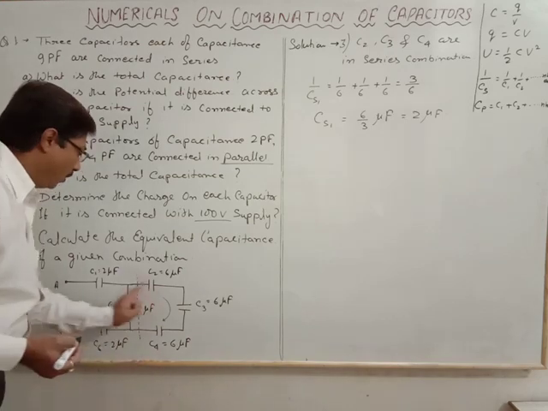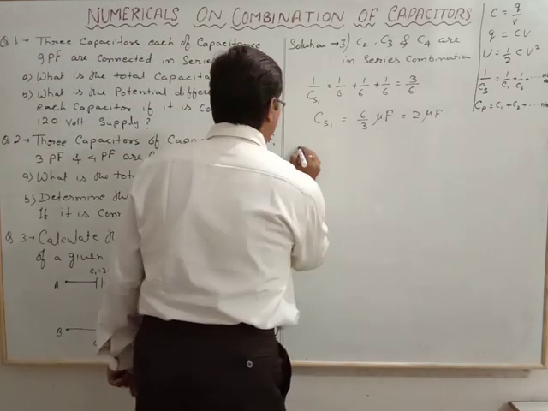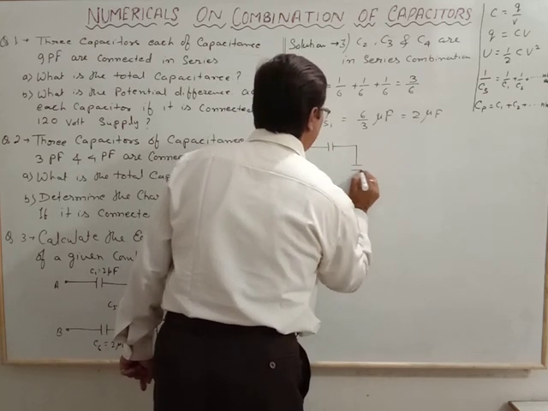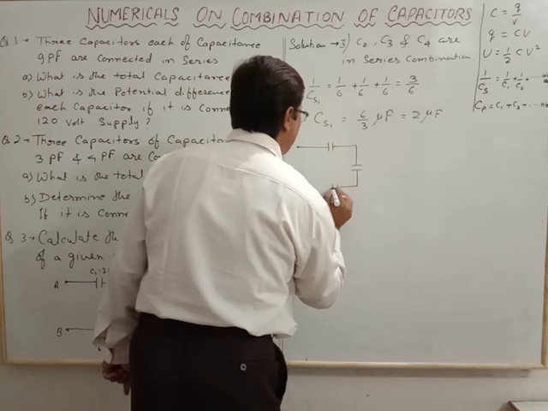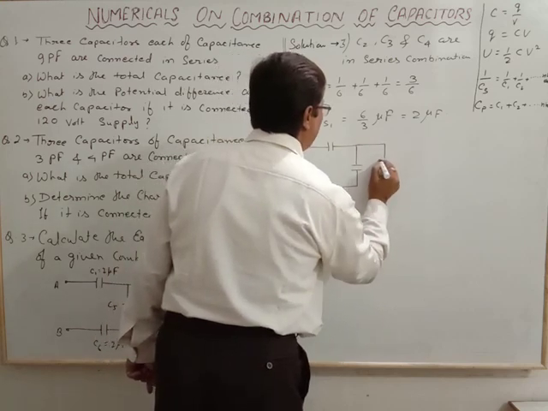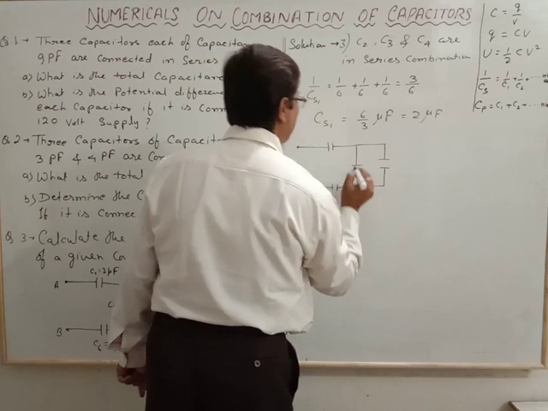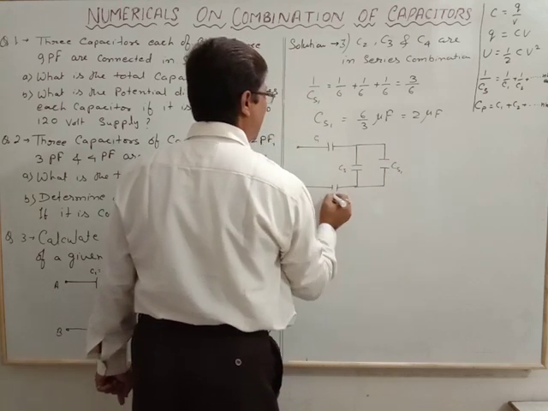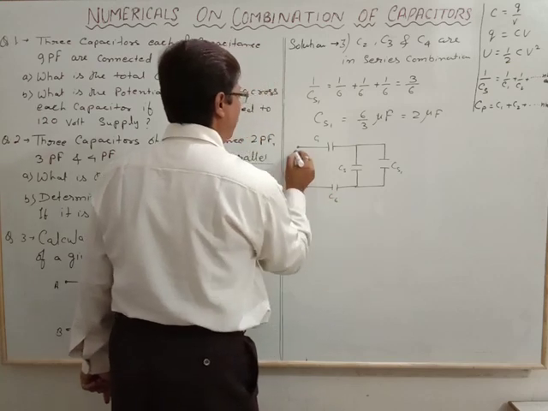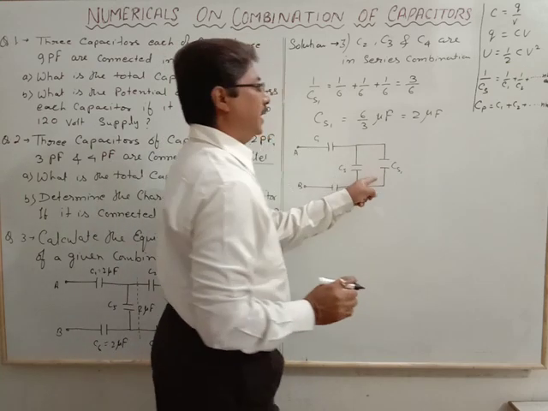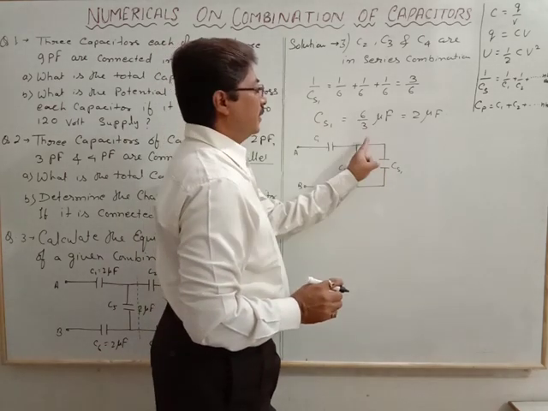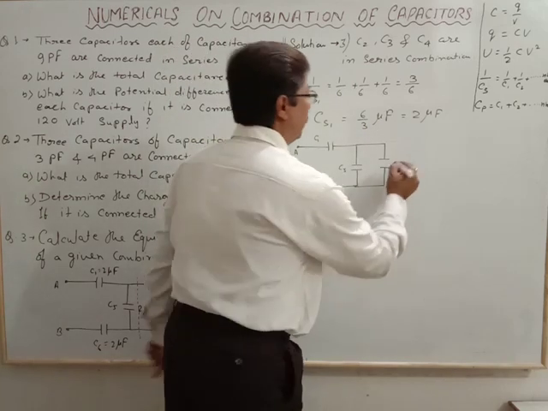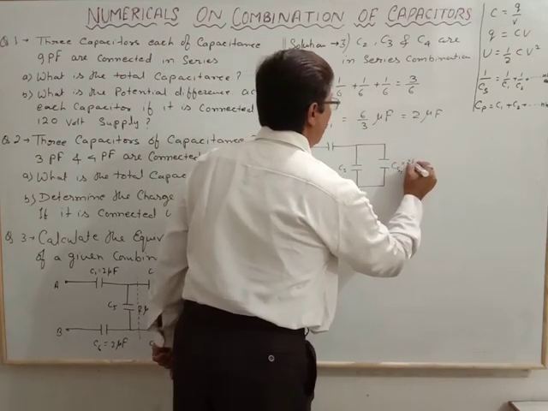So first we have taken the part, and that part contains only the 3 capacitors C2, C3 and C4. Now the circuit appears like this: one capacitor, another capacitor, and then another capacitor, and one is parallel connected with these 2 capacitors. Now this one is CS1, this is C5, this is C1, and here it is C6. So from A to B, the 3 capacitors have the equivalent capacitance of 2 microfarad.